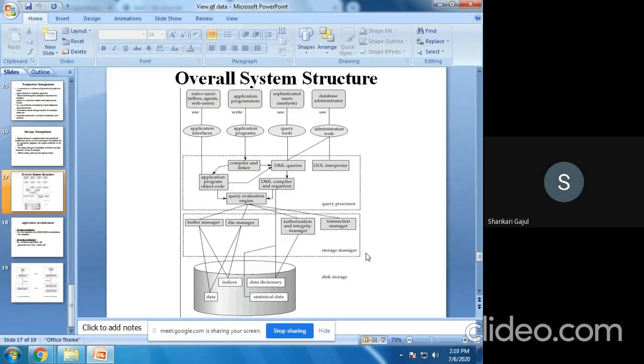So simply, the storage manager is divided into four managers. Authorization checks which users can access the data. The transaction manager checks that the data in the database stays in a correct format if failures occur. The file manager checks how much space allocation is required. And the buffer manager, where buffer means the place where the data is held, handles fetching data from the particular database.